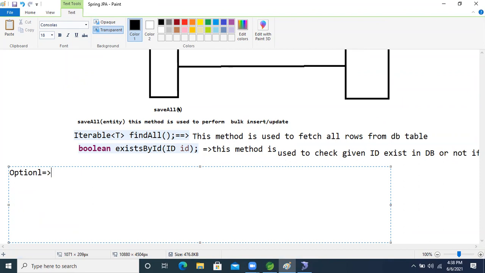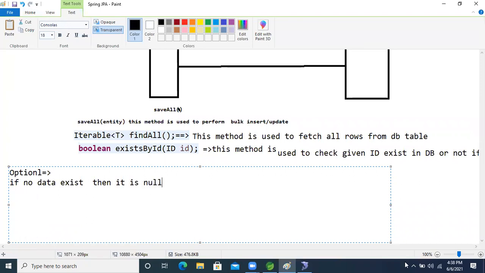If there is no data in the database, if no data exists, then it is null.